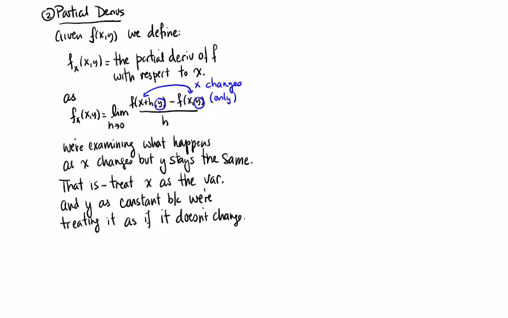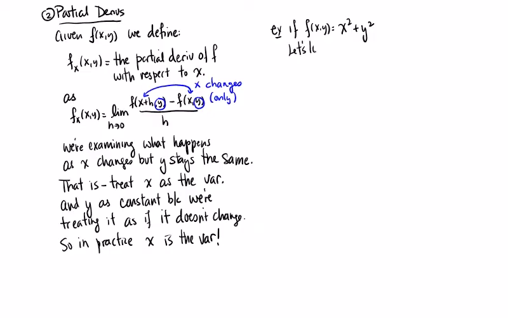So in practice, this is what we do. X is the variable. So let's look at an example. Really, really simple first example, 2 of them. So if f of x, y is, say, x squared plus y squared, let's look at